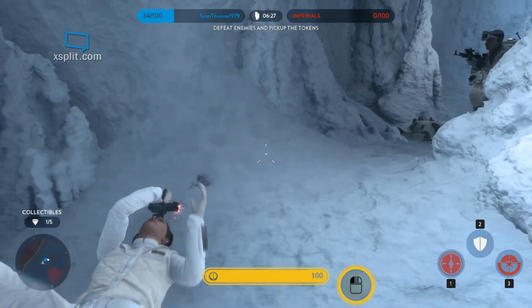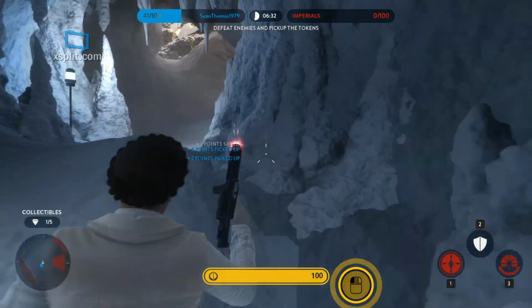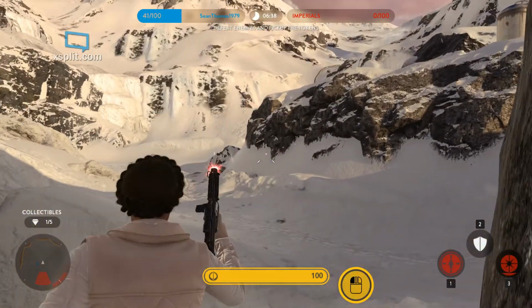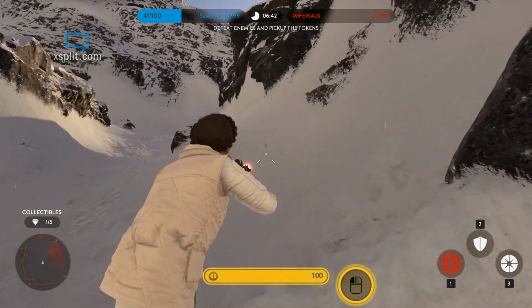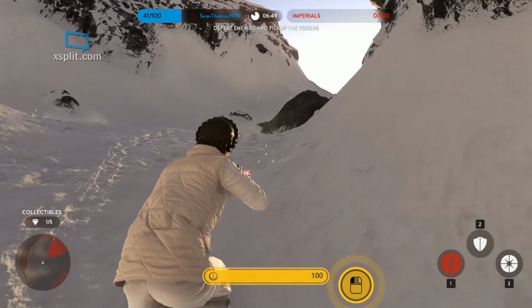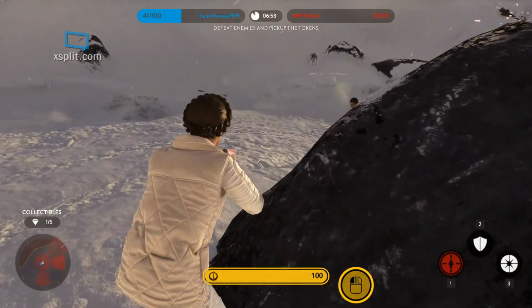Not sure what that is. Oh, it looks like it's a grenade for taking out troops. Sounds like it's about to wear off. Doesn't seem to be having a timer. The sound sounded like it was spooling up for something. Alright, so the shield, not quite...